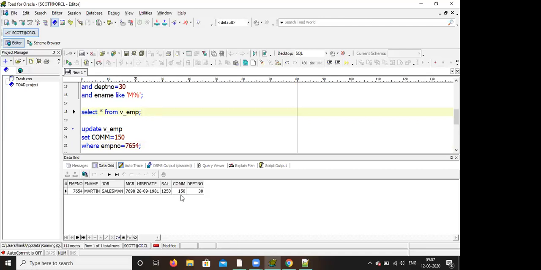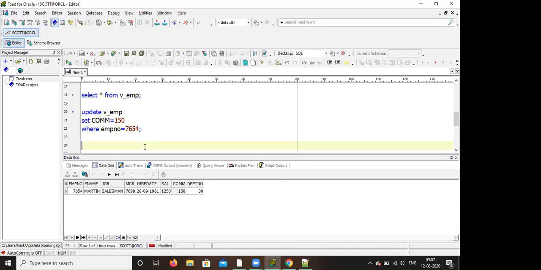It is updated. Now go and check the employee table. Select star from EMP_1 where employee number equal to 7654.